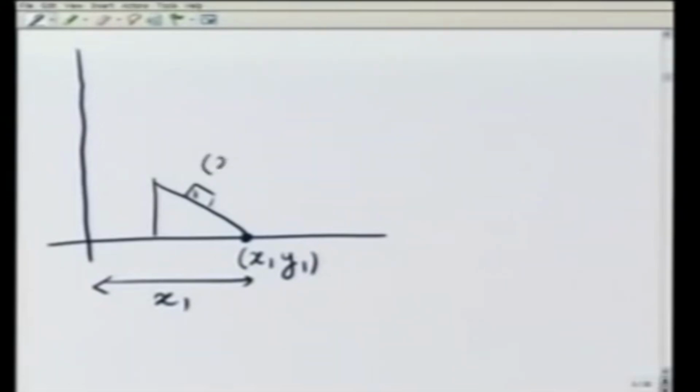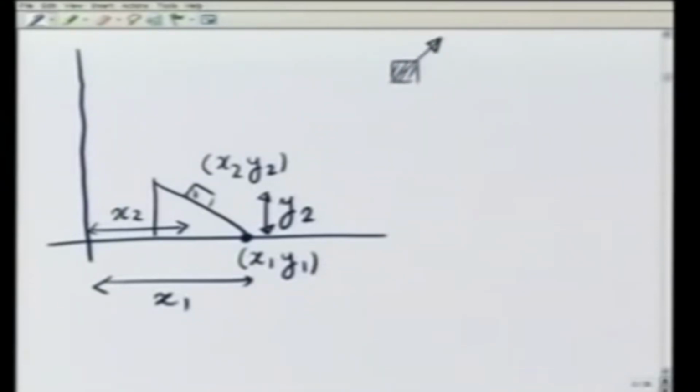Similarly, the coordinates for the mass m, let them be x2, y2, so that this distance is x2 and this distance is y2. Looking at the free body diagram, where mass small m has a normal reaction like this, the angle is theta, and a force mg pulling it down. If this angle is theta, this angle is going to be theta,